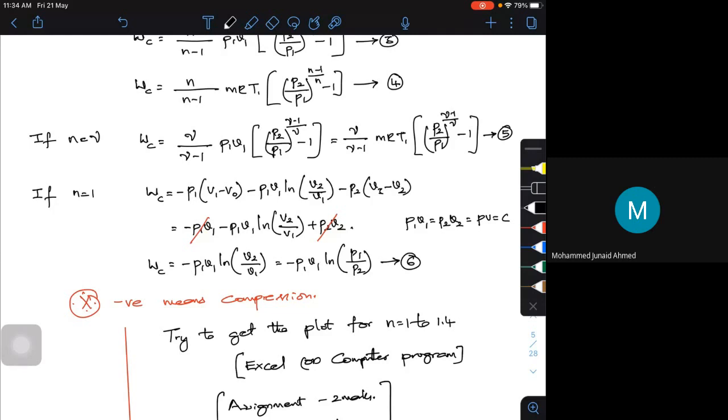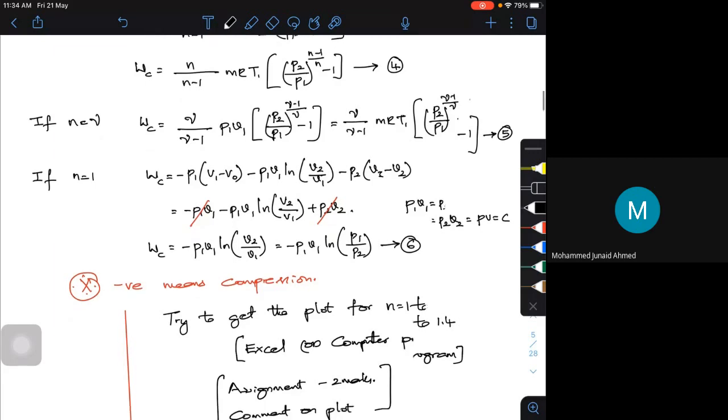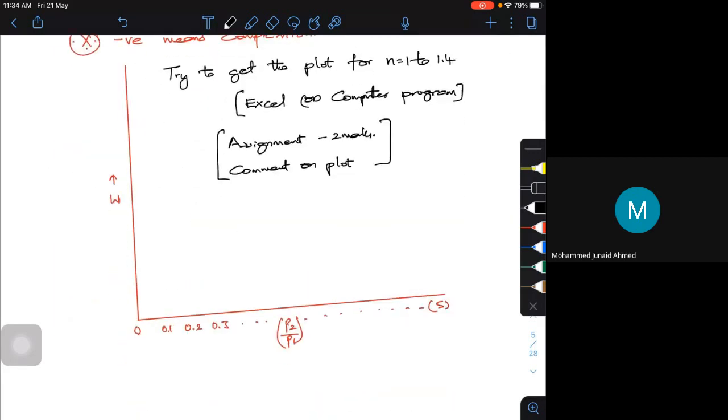Any doubts? Mohit or Muhammad and all? So what value should we take for P1, V1, sir? Keep it arbitrary or is it some specific value? No, it's open-ended. P1 is equal to atmospheric. P2, you take the ratio. So you take the ratio from, see, 0.1, some example I told. You can start with 1, 1.1, 1.2, something like that. Pressure ratio, which is more than 1. Okay, sir. Whatever the value you want, you plot it. Try to cross-check what you are getting.